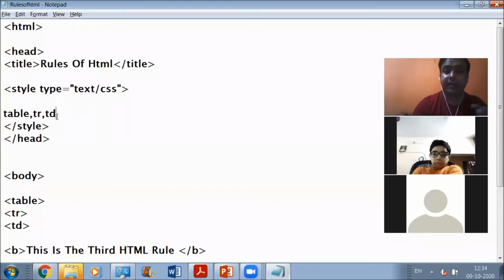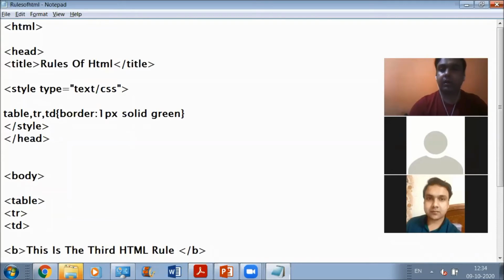And for styling any tag, we need to put a curly bracket first, and I want to give a border to my table, the table that I've created. For the same, the attribute that I can use is border. Now here I can give two values in one line to the same attribute. How can I do that? See, this is the width of the border that I've defined, and if I want to give a color to the border, I can give it like this. ठीक है, इस तरीके से you can give a color to the border.